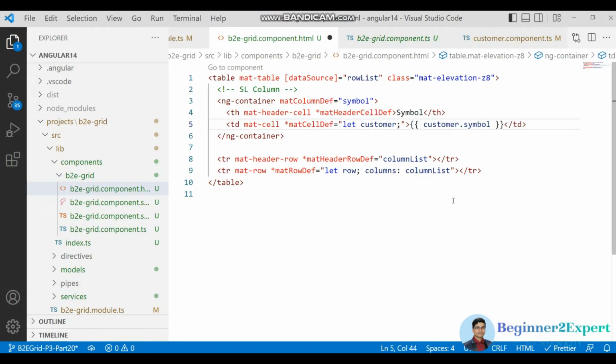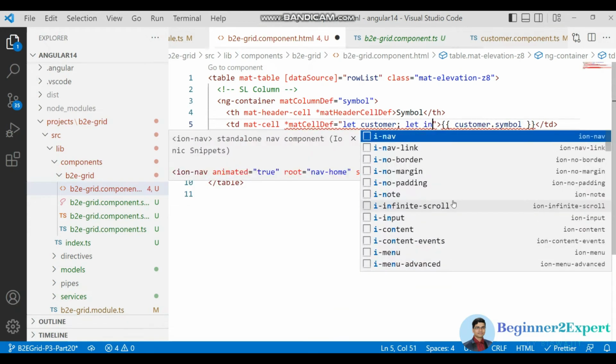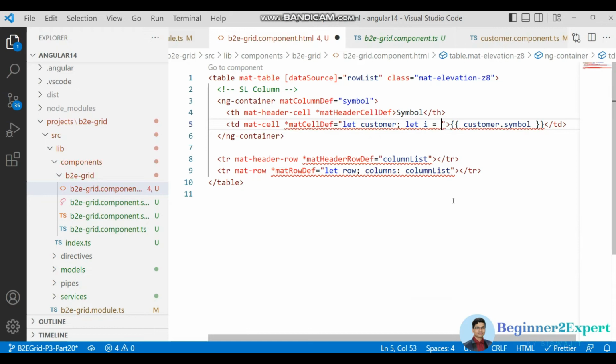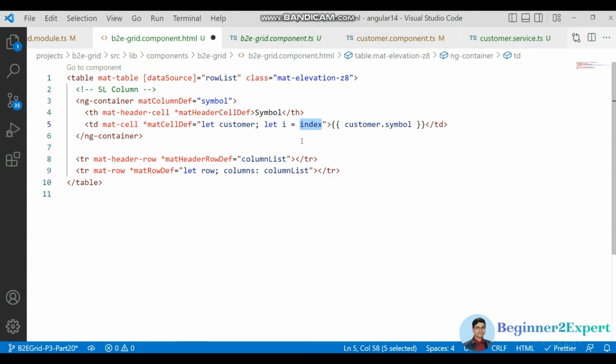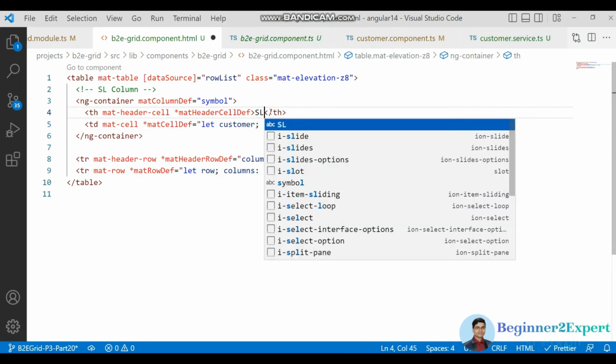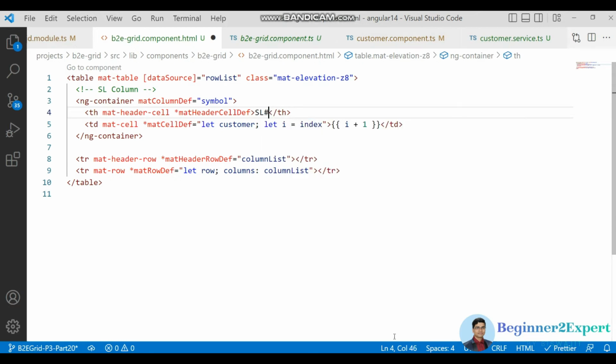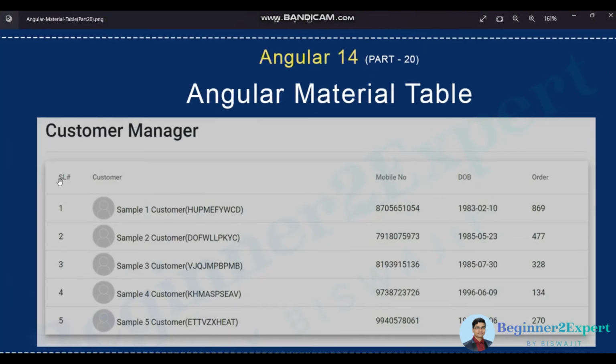Okay, so for that, let maybe i equal to index. This index is basically a keyword for the array, so it will iterate from 0 up to the length of the array. Okay, now here I'll do i plus 1, which means first it gives 0 plus 1, so it will start from 1. Okay, and this would be the SL, I mean, whichever name we are going to display. Okay,